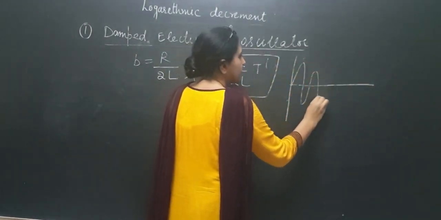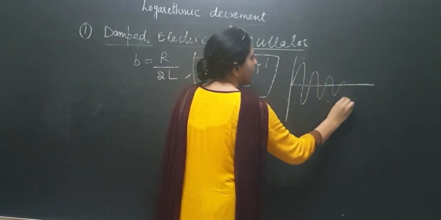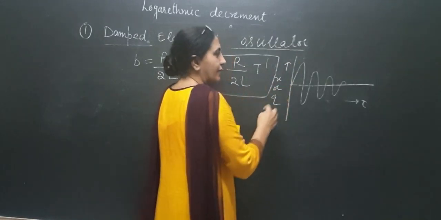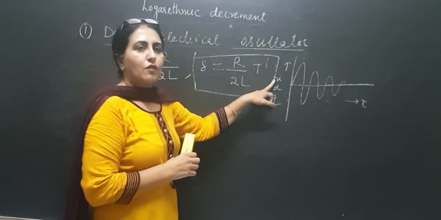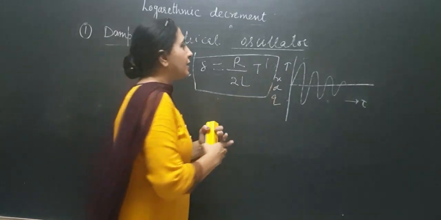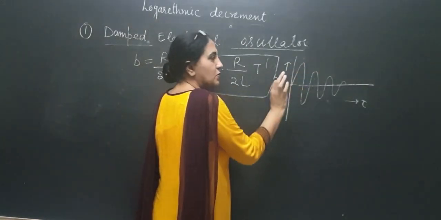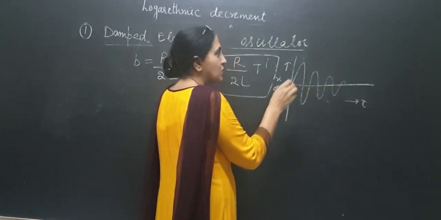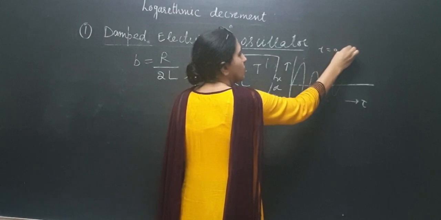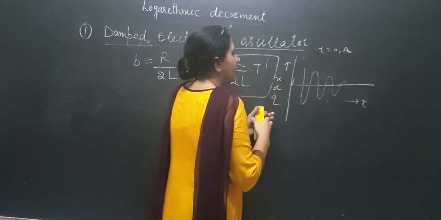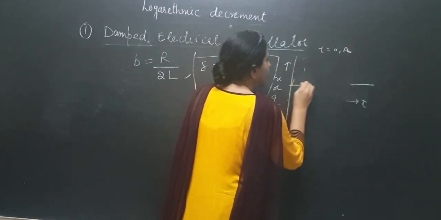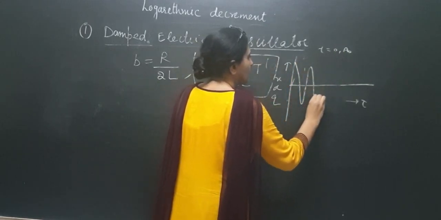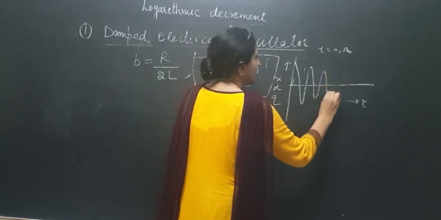Now next, we have also drawn this diagram in the case of relaxation time like this. Amplitude is decreasing with the passage of time. This is t, this is x or Q. In the case of an electrical oscillator it is Q, and in the case of a mechanical oscillator it is x. The starting amplitude is maximum, then it goes on decreasing. The amplitude at t equal to 0 is A naught. You can draw this diagram from this point this way.